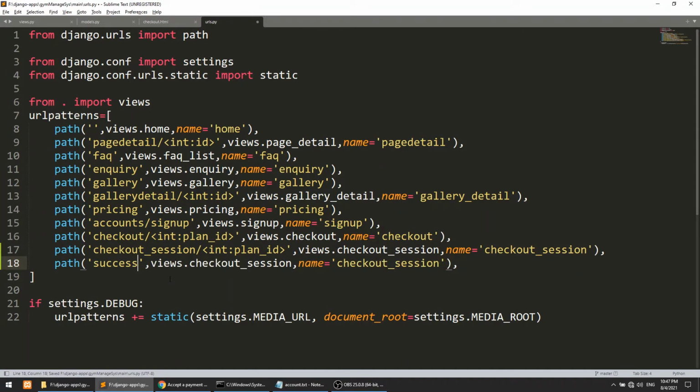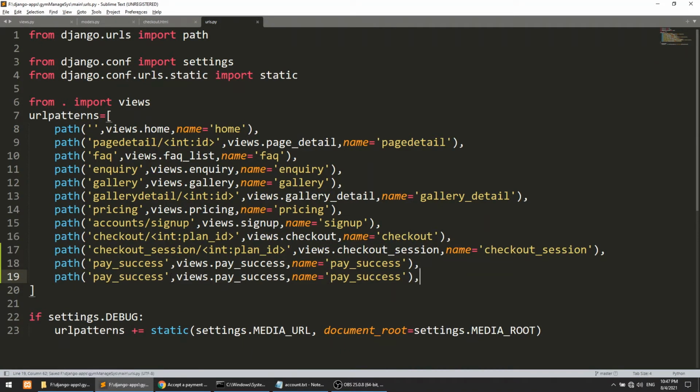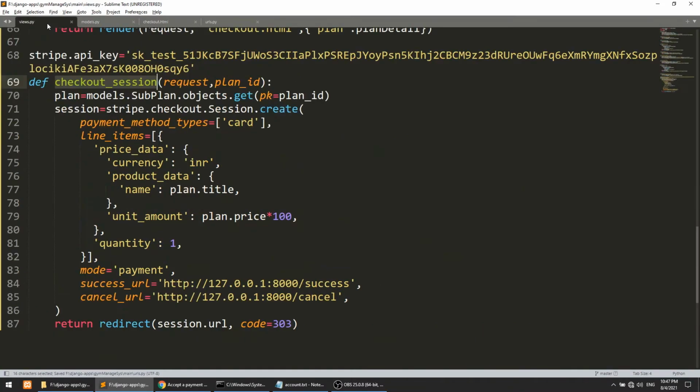Here we will show just success, or you can say pay success. Okay, and after that we have pay cancel. And let's change this also: pay success, pay cancel.